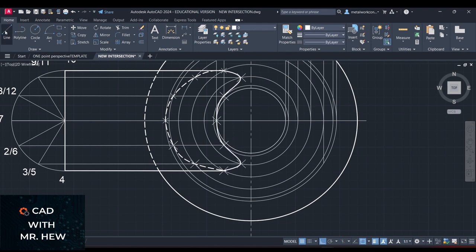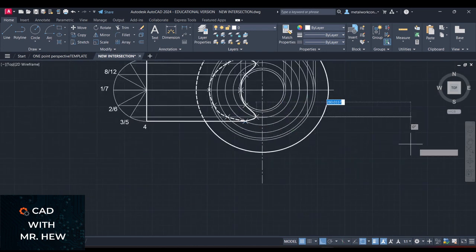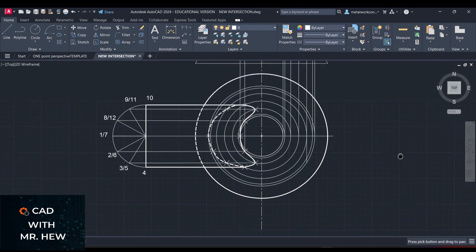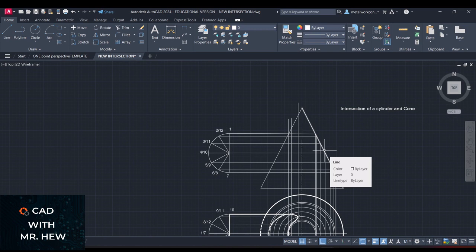All right. So we're gonna go line the intersection here, and we're gonna project the lines up towards the front elevation. And we're gonna do 4,